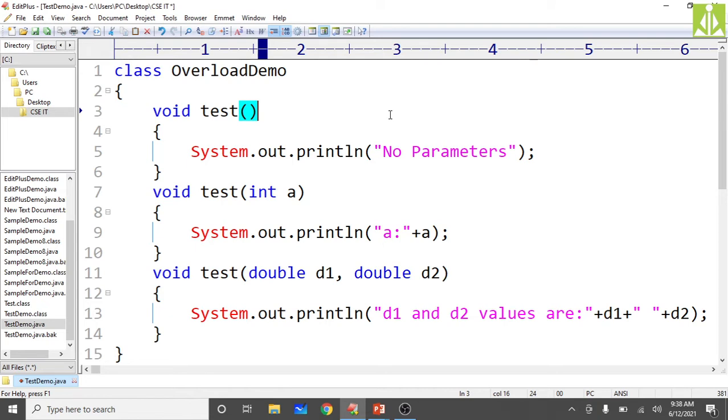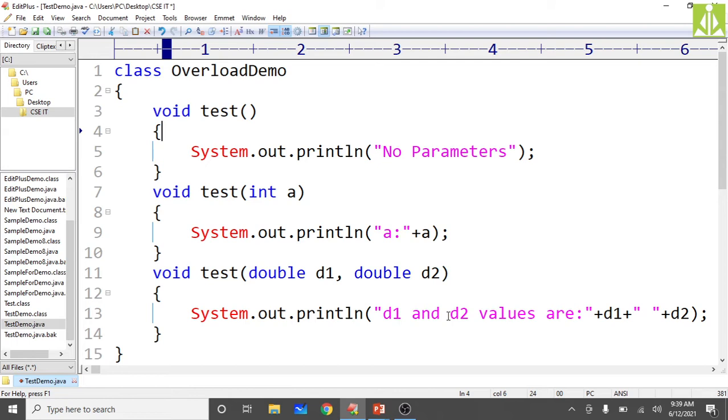So when we invoke the test method without any parameters, the first body is invoked and you get the message, no parameters. When you invoke the same method with an integer parameter, it invokes this body and prints a value. And when you invoke the test method with two parameters, it invokes this body and prints two double values. Okay, so likewise, the concept of method overloading can be explained.